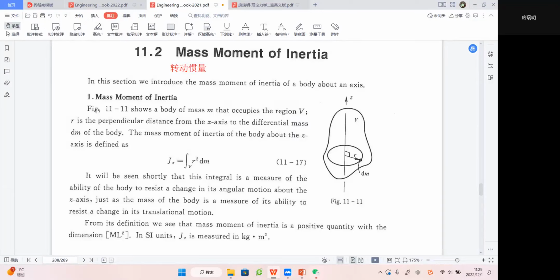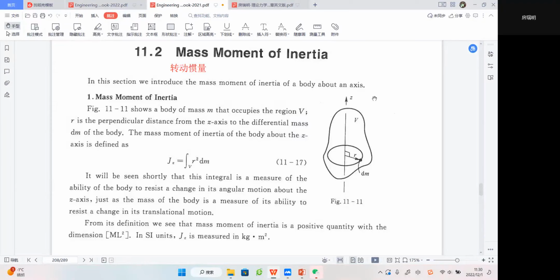So first, let's know this concept. You can look at this picture 11-11. It shows a body of mass m. Let's say this body is shaped more like a potato, right? It has mass m and occupies the region V. V may be its volume, right? So we know mass m equals rho times V, and rho is the